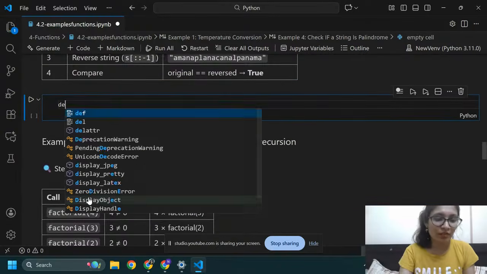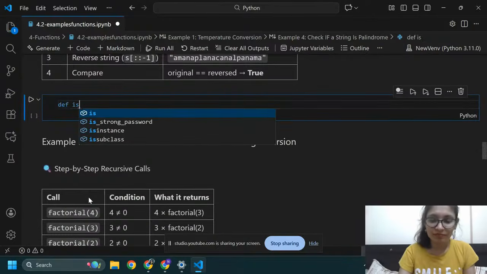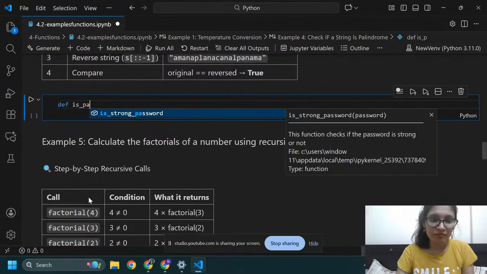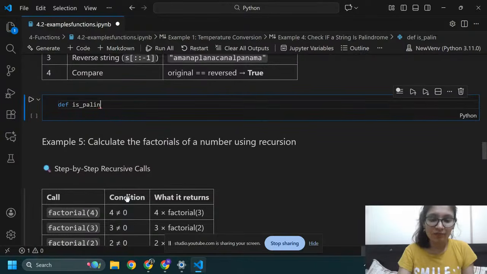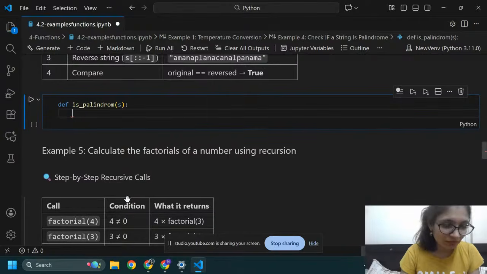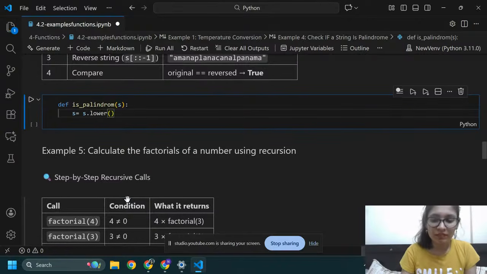Here I am going to define one function, is_palindrome, as equals to s dot lower dot replace.